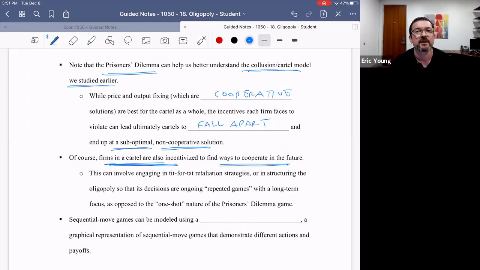So that, my friends, is enough for this video. We've covered the idea of simultaneous move, which is modeled by game theory and the payoff matrix. You now have a way to understand the incentives that were guiding the cartels. And hopefully now with this model in mind, you understand a little bit about how cartels come together, but also why they fall apart. In our next video, I'm going to take an extension of this and do a little bit of analysis of sequential game moves.